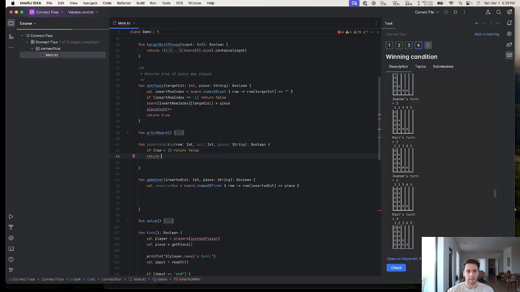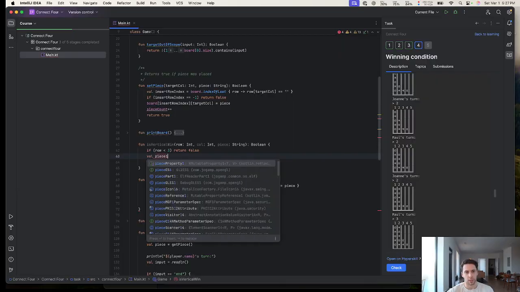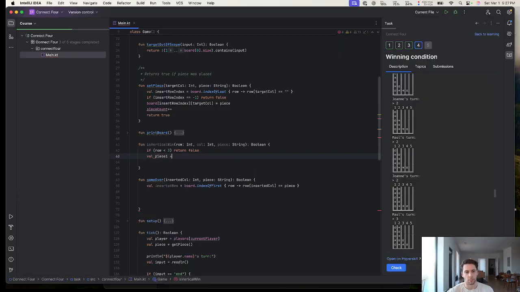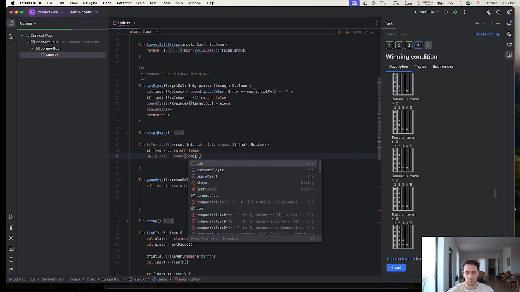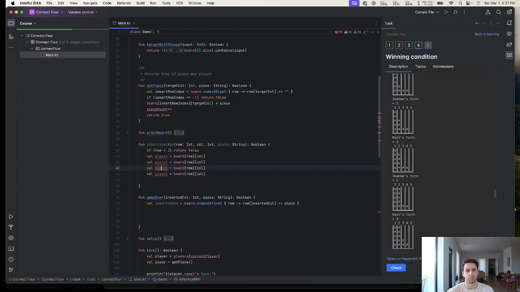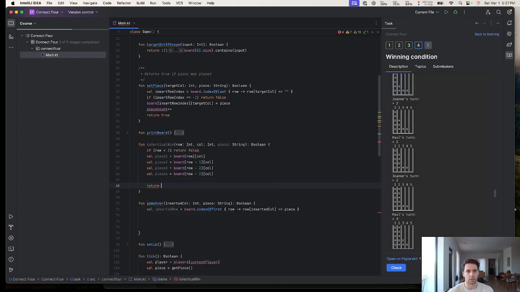return, and let's do piece 1, board row col, row minus 1, row minus 2, row minus 3. And now return